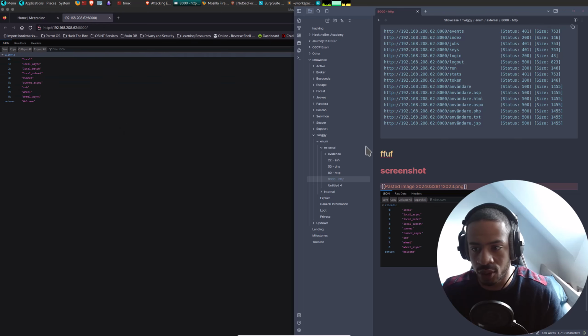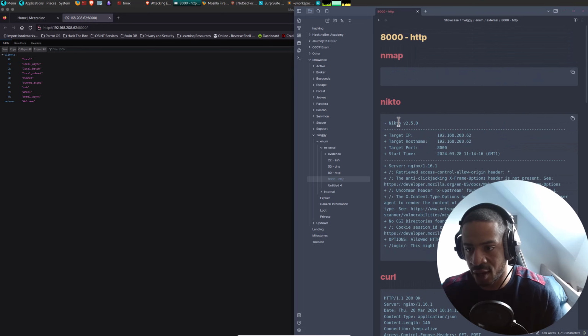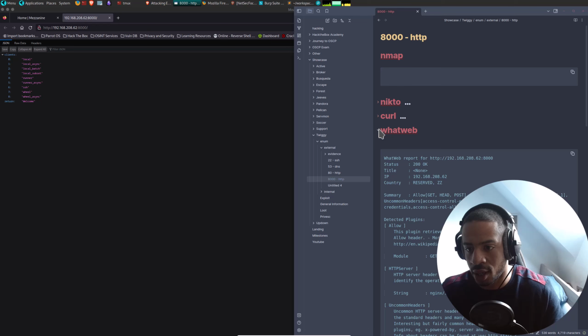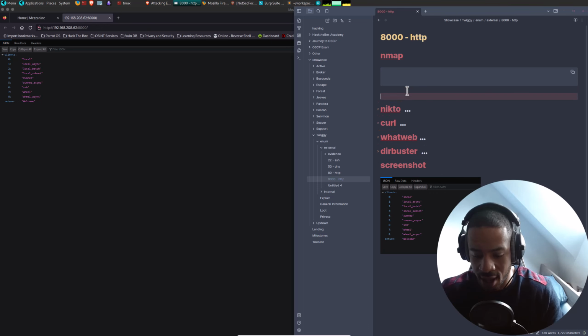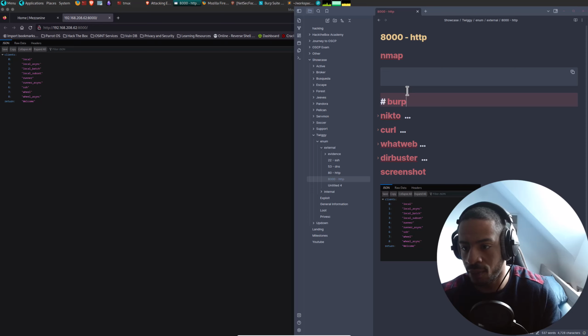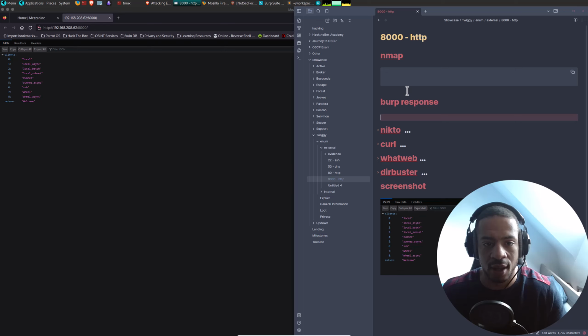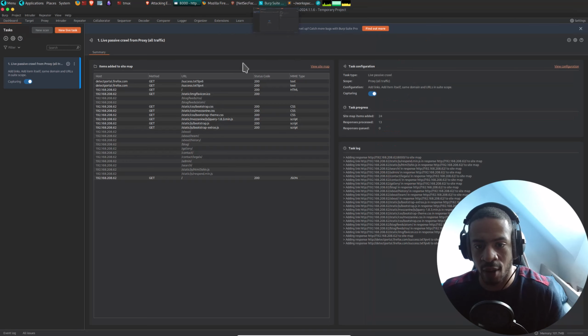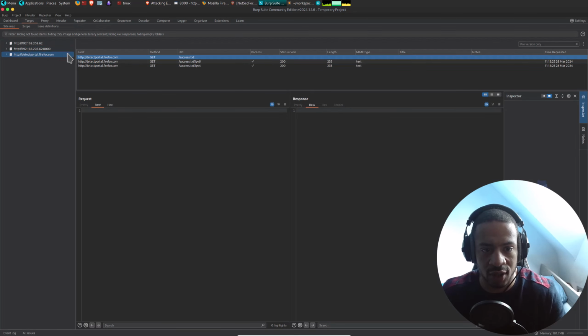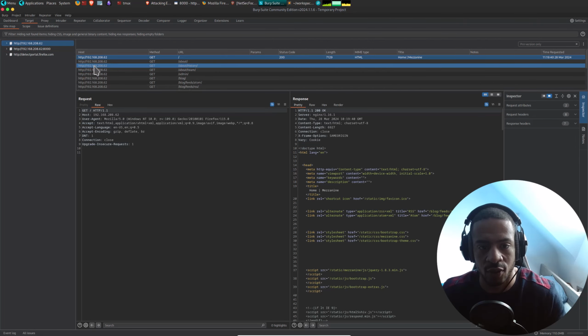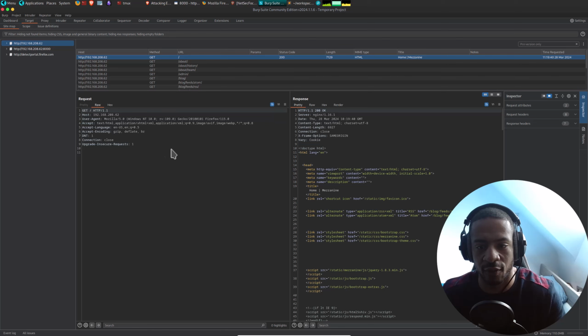And what I've also decided to do is add one more header for any HTTP, and I will call it Burp response, something like that. And then from here as well, that's the reason why I have Burp open, just paste the first response I get from the server.